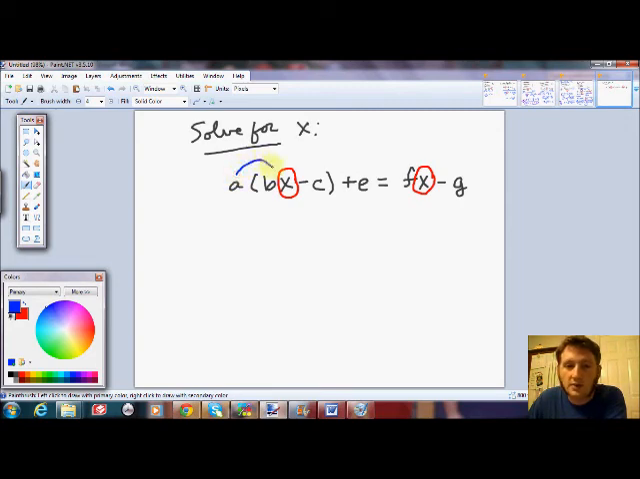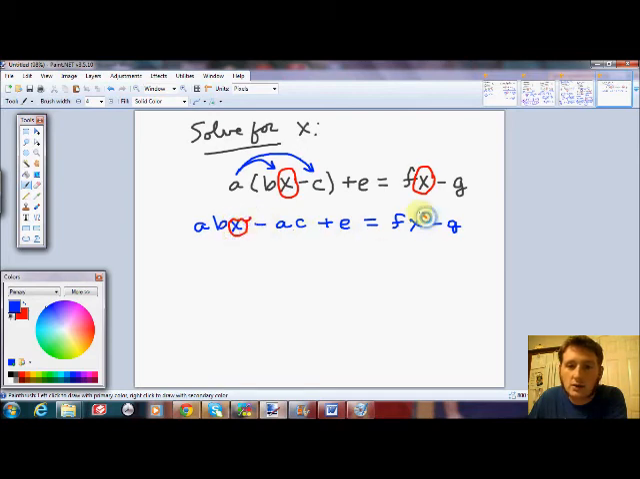Solving an equation business when, you know, there are no numbers. And so we usually distribute first. So here we go. ABX minus AC plus E equals F of Fx minus g. Okay, now we've got